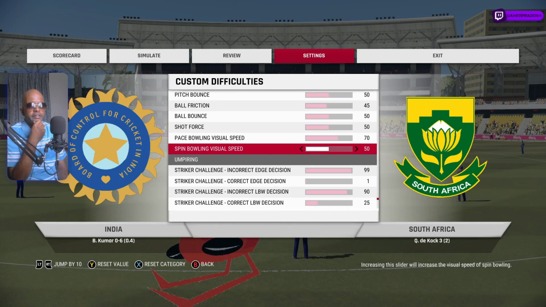Spin bowling visual speed. That's the last one in this physics one. This one also I have it at the default of 50. I think I used to have it around 60 or 70 before a lot of patches, like around January or something like that. But as they kept patching and they introduced that spin bowling bounce slider, I didn't feel the need to increase the